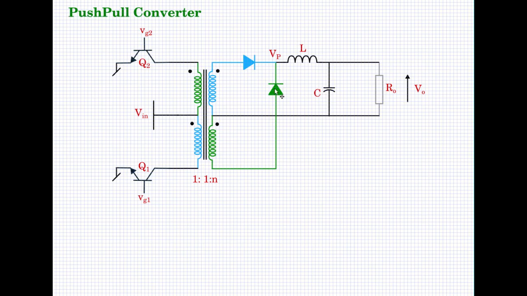Let us consider the green portion of the circuit. Dot end is positive. There cannot be a flow of current in this fashion. So this is out of the picture. This is reverse biased, because the dot end here is positive. So therefore the only possibility of energy flow is through this blue circuit